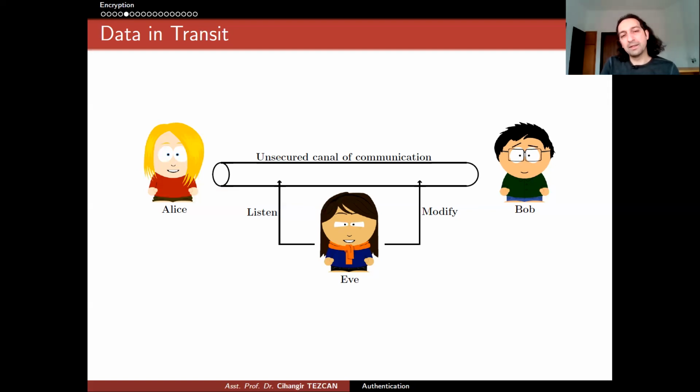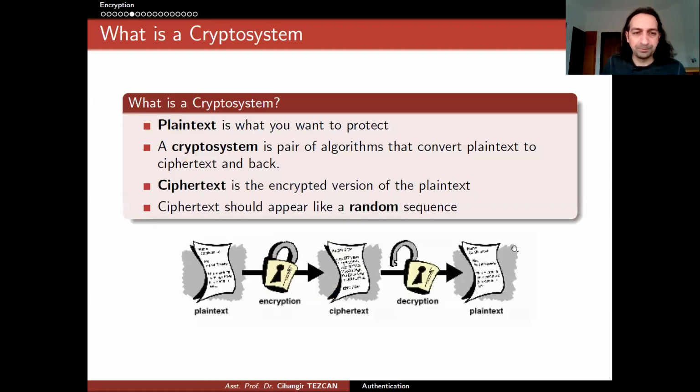So this is why in cryptography we try to provide security when we are communicating on an insecure channel. So that is the whole idea. We assume that Eve can always listen to our communication. And most of the time we assume that she is so powerful that she can listen, but she can also modify. By modify, we mean she can change some of the bits, add more bits, or drop some of the bits. So we want to still communicate in a secure way against such a strong adversary.